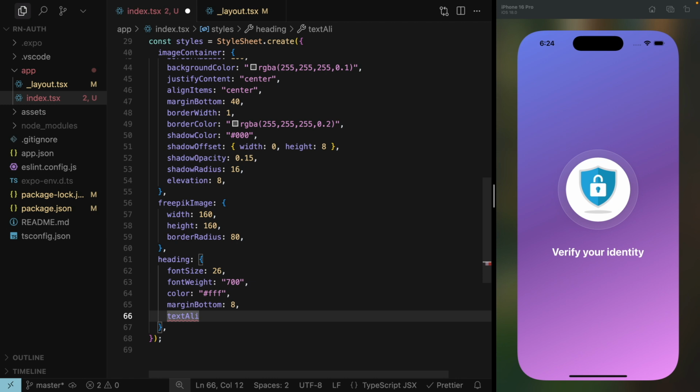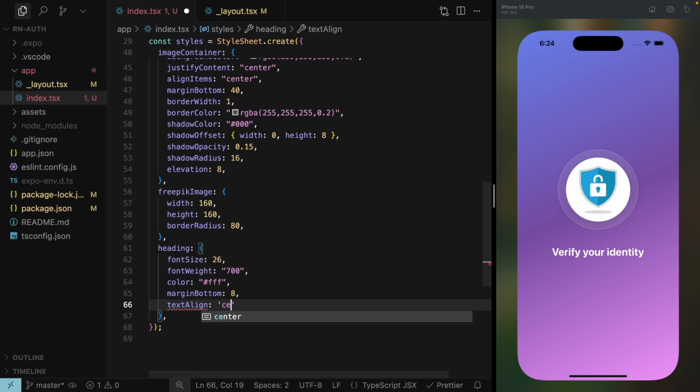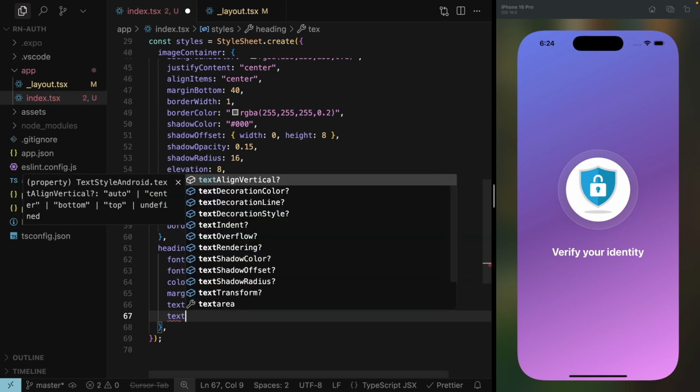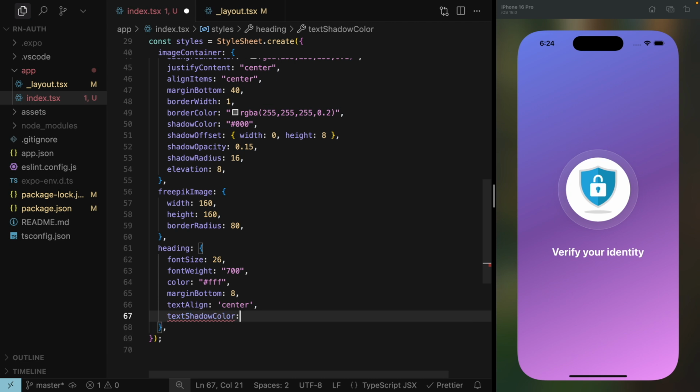After that, I will use text align property, and I will give center over here. Then I will give text a shadow color. So for that I will use text shadow color property, and I will give it RGBA value again, and for this I will use black. So for black it would be 0 0 0, and for alpha I will use 0.2. Save it,